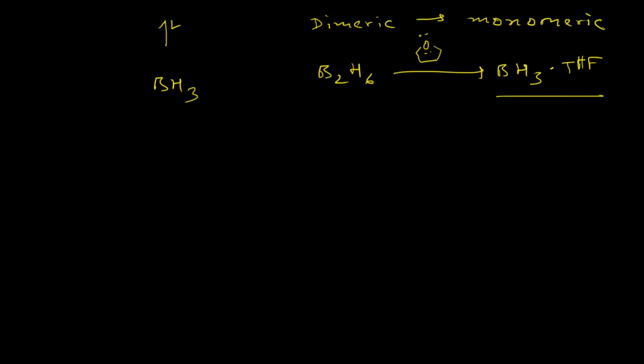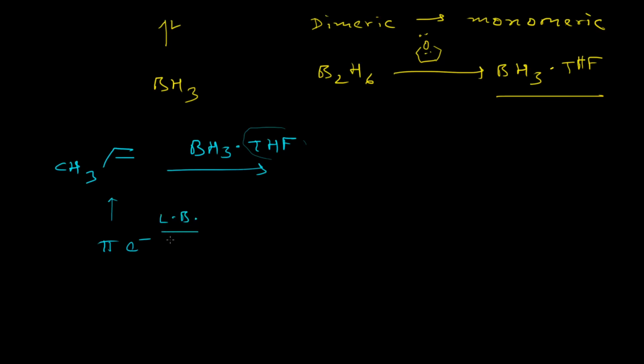So now if we put the alkene substrate in this solution, this THF will be replaced by this alkene molecule. Since the alkene molecule possesses a pi electronic cloud, and we all know that pi electrons are easily polarizable due to their diffuseness, it will possess some Lewis basicity. And we all know that a Lewis base interacts with a Lewis acid, which is the boron molecule itself in this case.